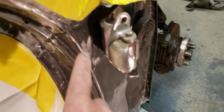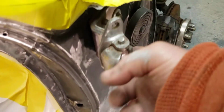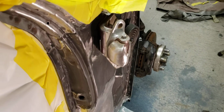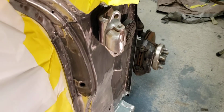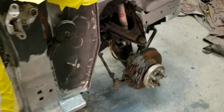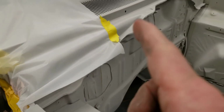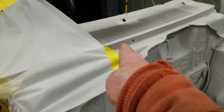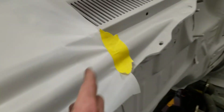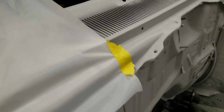And just in case anybody has wondered, I did put epoxy in behind here before I put that hinge on there. And it does have some shims in it. To my knowledge, I think most of the cars do. But I had to shim that one out. It could have been just because of the way this car was hit and that thing's pushed in. Who knows? Like I mentioned before, that's one reason why I had to replace that cowl panel, because it was bowed up and humped right about there, had a high spot, and I had creased the vent. There's a little crease there and a crease here. So anyway,